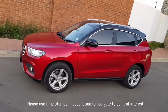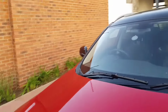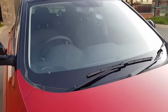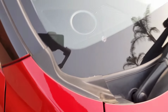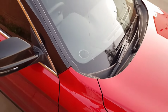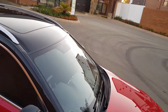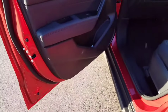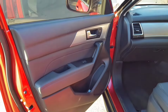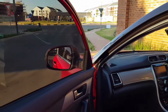I understand that this video is going to be a bit long, so just use the timestamps so that you can navigate. Okay, on the windscreen here, we have a crack, because the other time we were traveling on the back roads here and a rock came from a truck and hit the windscreen. It was a chip, but it was not fixable and it started cracking. In the interior as well, there is really nothing much to report